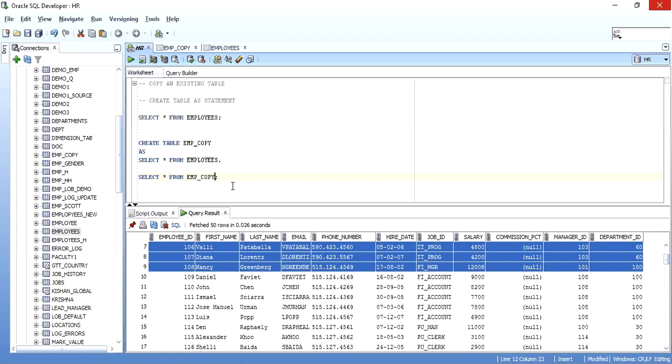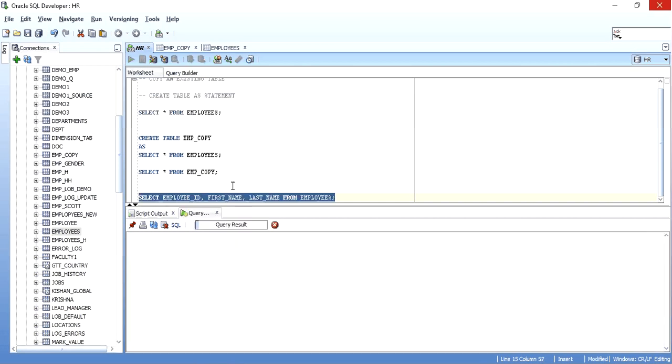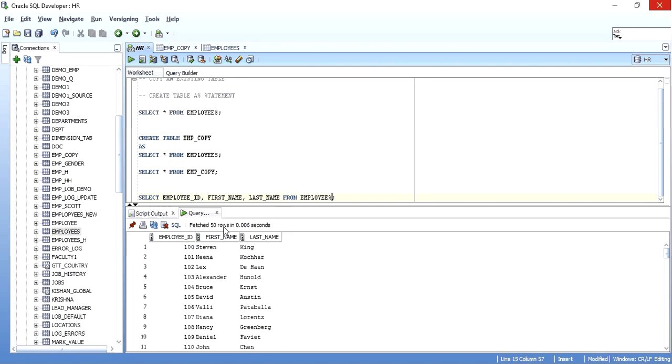Now say suppose you don't want to have all the columns, you want to have only a few columns. Say suppose I just want the employee ID, the first name and the last name from this table employees. So I don't need everything, I just need these 3 columns, and let me say I want one more additional column such as today's date, that is the copy date.